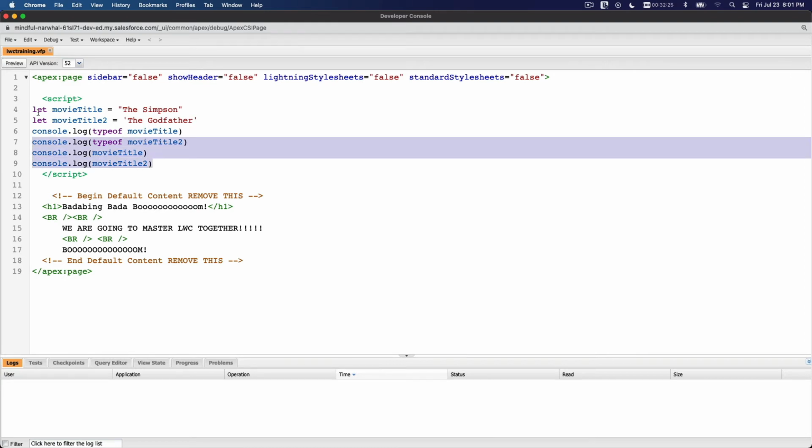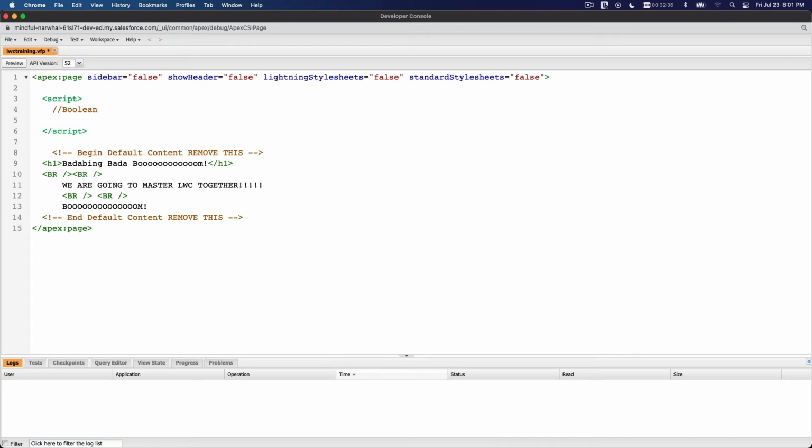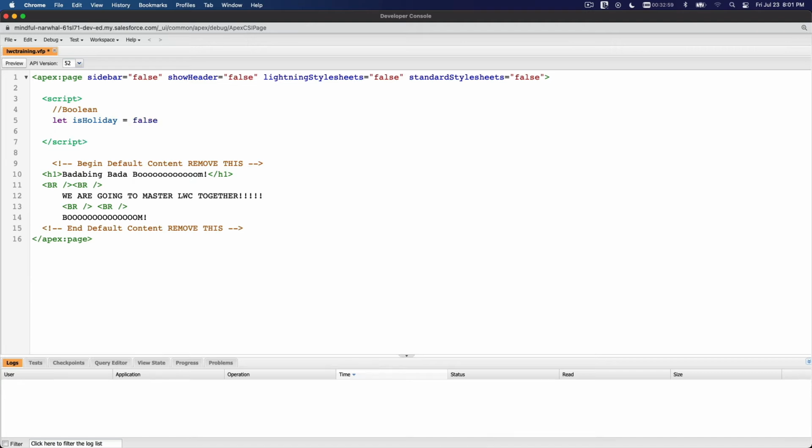Okay, so I'm going to clear this out. Let's talk about Boolean. So what's Boolean? Boolean is a true or false data type. So let is holiday, for example. Is it a holiday today? Right? It is not, so it's false. So if I want to check the data type, console.log is holiday,